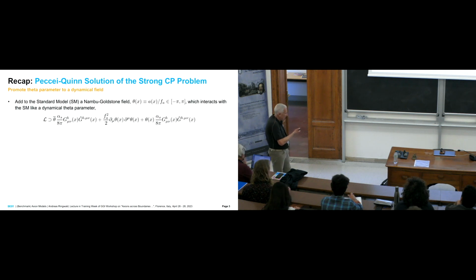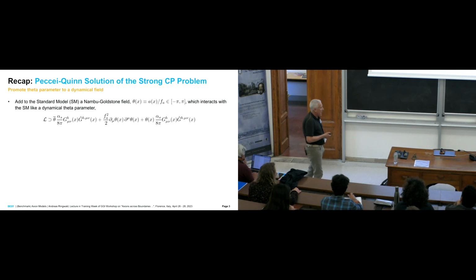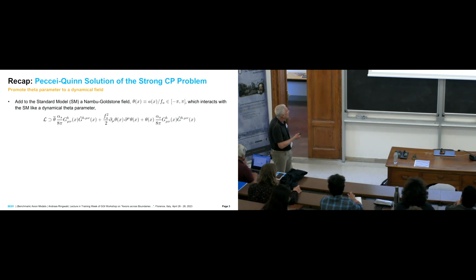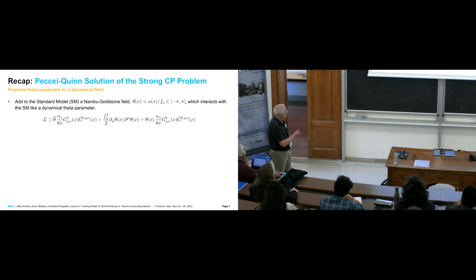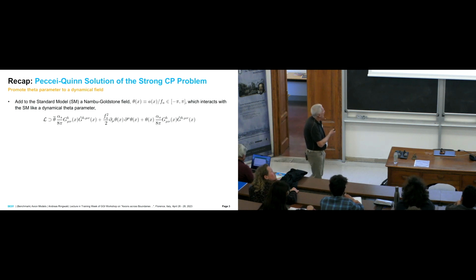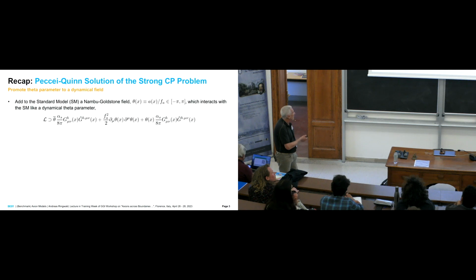This is exactly the analog of the decay constant of the pion in the pion Lagrangian. But one adds to this a term which looks exactly like the theta term, but instead of theta bar, one has here theta of x. Because it is supposed to be a Nambu-Goldstone field, this has to be a periodic variable,